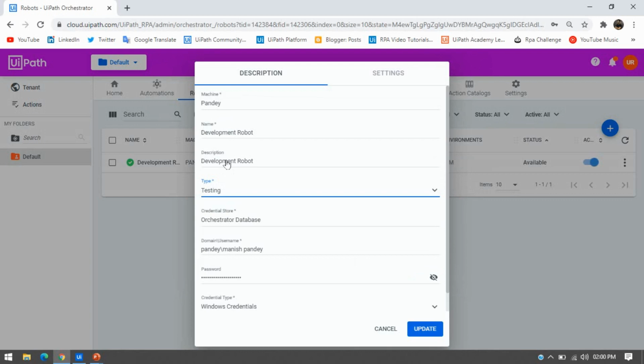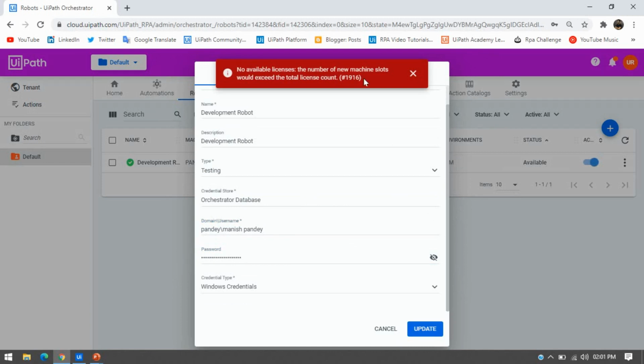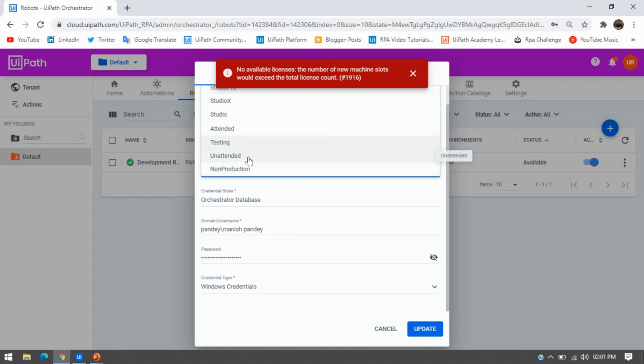If I click on that, it will ask you to put your domain name and username, which means your machine name and then your username, and then your Windows credential to log into that system, and then you can update that. Currently I don't have a license for this one, so I can just show you the other one, that is non-production.